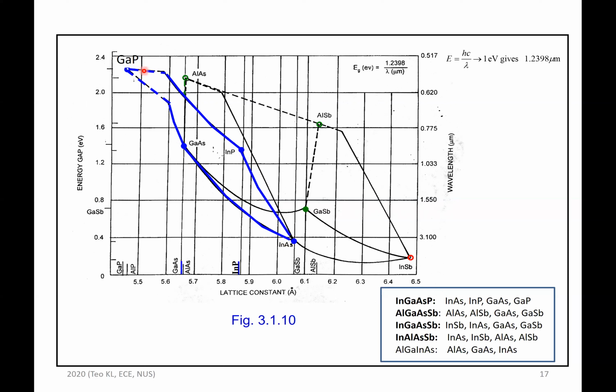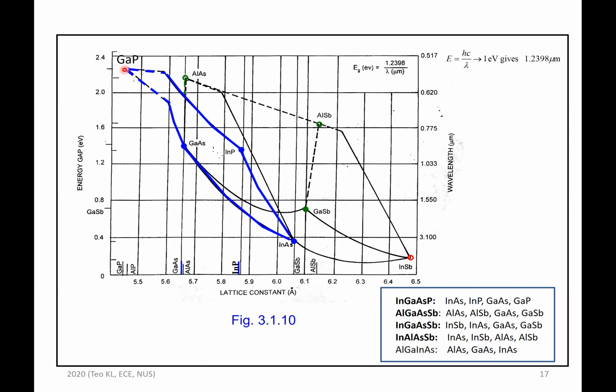The reason is that gallium phosphide is an indirect bandgap semiconductor. So if you grow indium gallium phosphide, you expect that at a certain composition there will be an indirect bandgap crossover. So the dashed line represents indirect bandgap. Similarly, along the gallium phosphide to gallium arsenide boundary line, if you grow gallium arsenide phosphide, at a certain composition there will be an indirect bandgap.